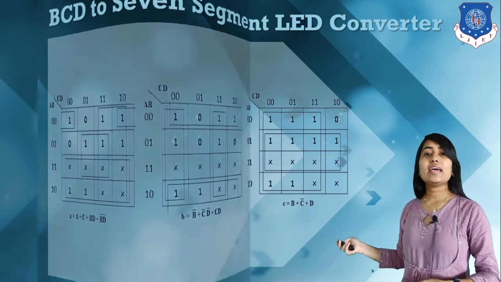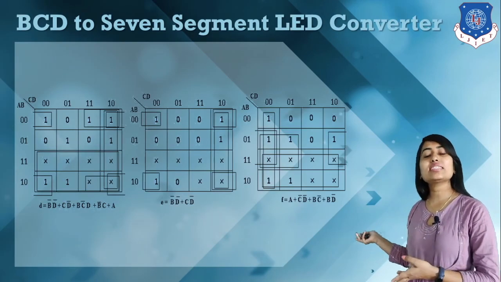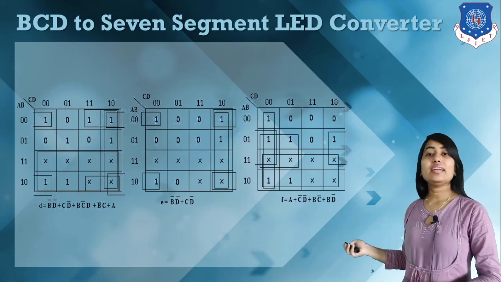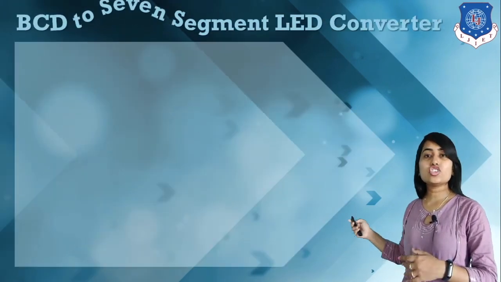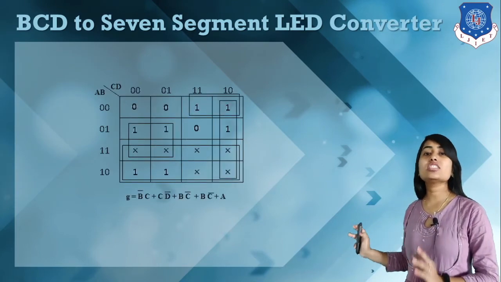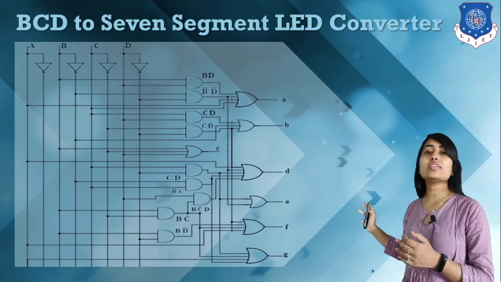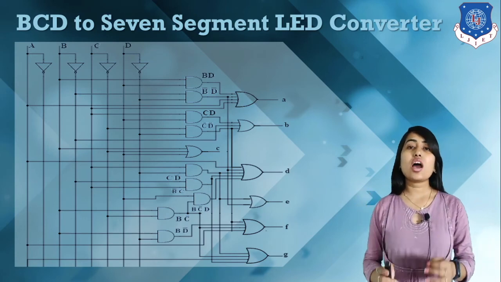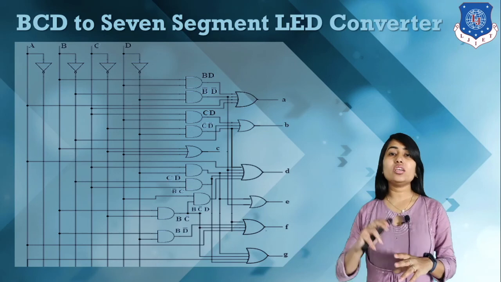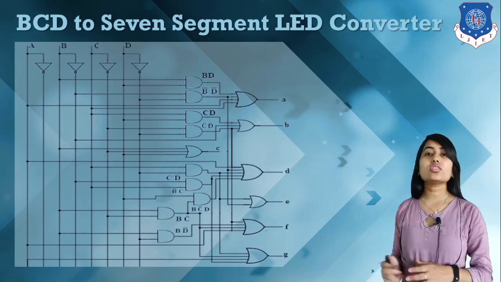And then we make expressions for the other LED lines. Here we have the next LED lines D, E, F, and the next LED line, that is G. By considering all these logical expressions, we can design this kind of structure. So this is our logical diagram of the BCD to 7 segment LED structure. This is how BCD values can be implemented in a 7 segment display with the help of this kind of logical diagram. Thank you.